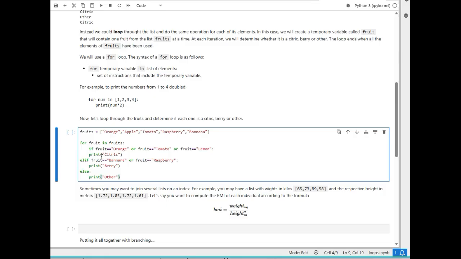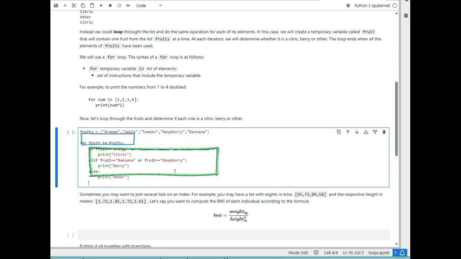It's very important that it's indented correctly, so I'm just going to do that with the tab key. I'm just putting them all. The whole code that is done in a for loop has to be indented within the for loop. Okay? Now the beautiful thing about this is that while I loop, that's what it's called, while I loop through